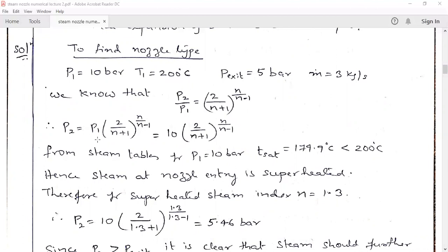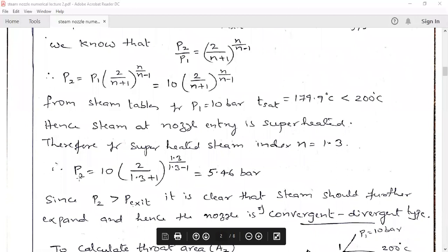We know the value of P1, that is entry pressure, and n. Since the steam is entering superheated, the n value you have to assume as 1.3, and normally this n value varies from 1.135 to 1.3. If the steam at the entry is dry saturated, you have to use the value of n as 1.13, but here it is superheated, so we use the value of n as 1.3. Then find the pressure P2. P2 is getting as 5.46. But